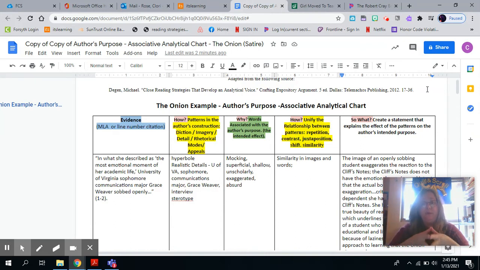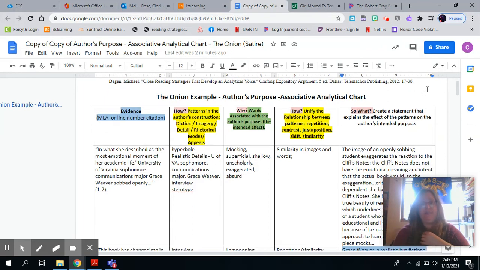So it's important to realize that there's a true argument, an overarching critical intent, even though what you're reading on the surface seems like a newspaper article. If we're looking at the Onion's piece about the girl who loves her Cliff's Notes reading experience, I wanted to walk you through how to use this chart.